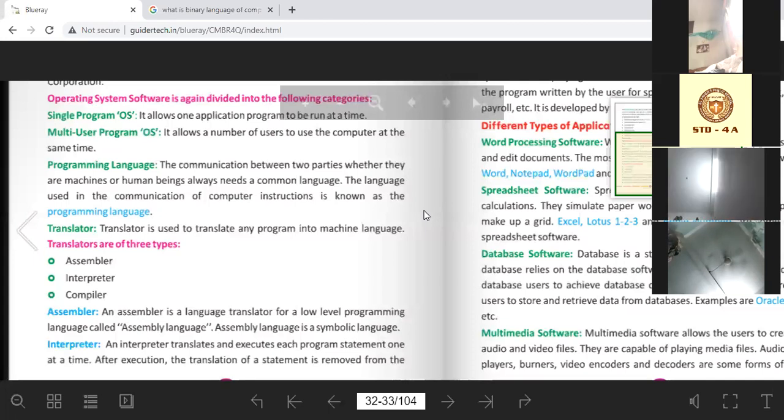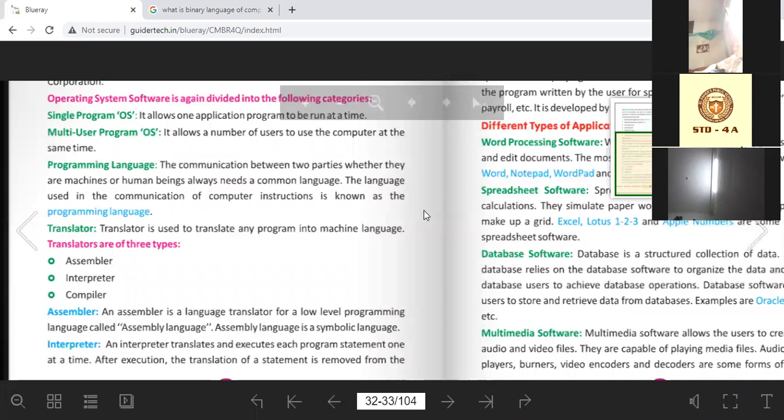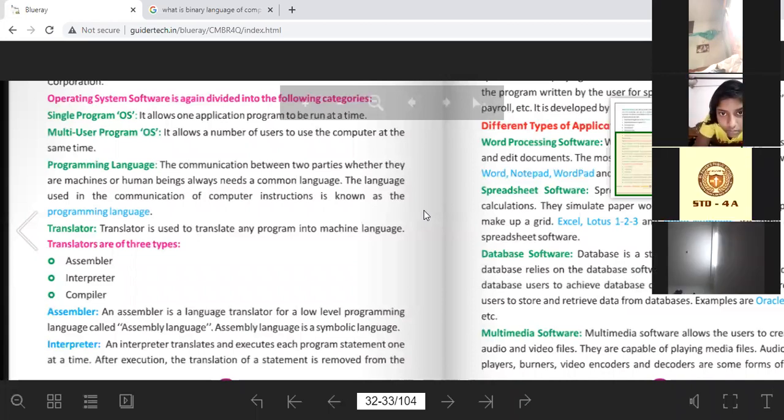So there is one limitation, one disadvantage of the interpreter: a program that has been translated once is deleted automatically from memory after execution. It cannot hold it in its storage. This we can use only for beginners, like those who are learning computer engineering, those who are learning how to make programs.